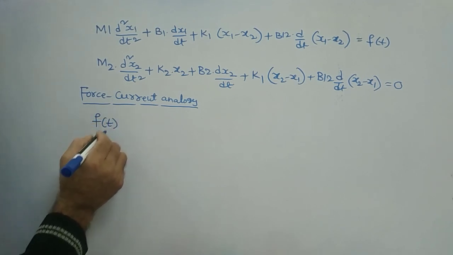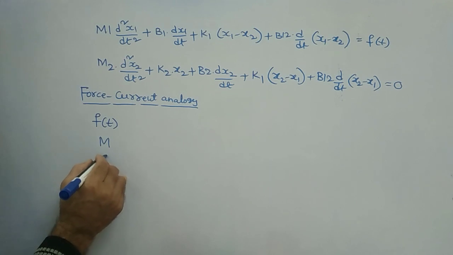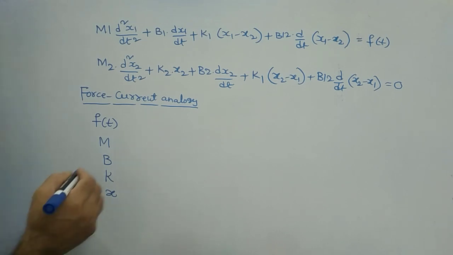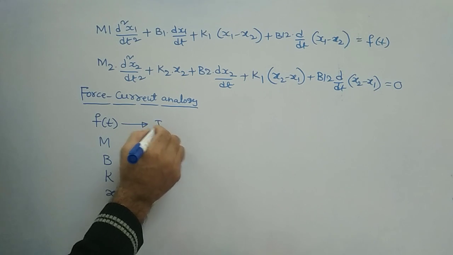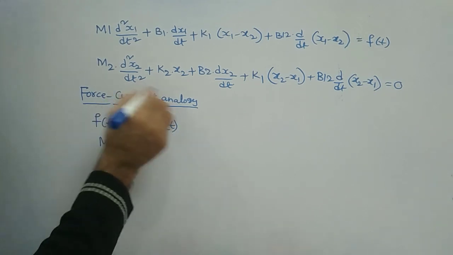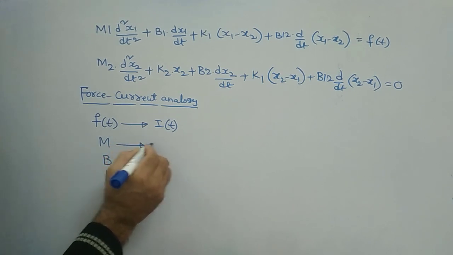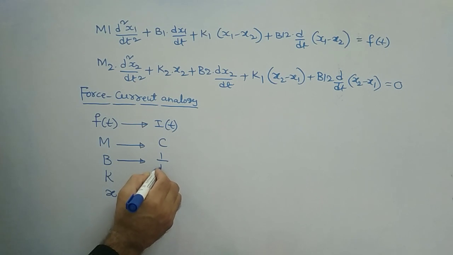What are the basic elements? F of t, then M, and then normally B, and then K, and then X. These are the basic elements. Your F of t will be converted into I of t basically in force current analogy. So force is converted to your current, M is converted to capacitance C, B is converted to 1 by R,